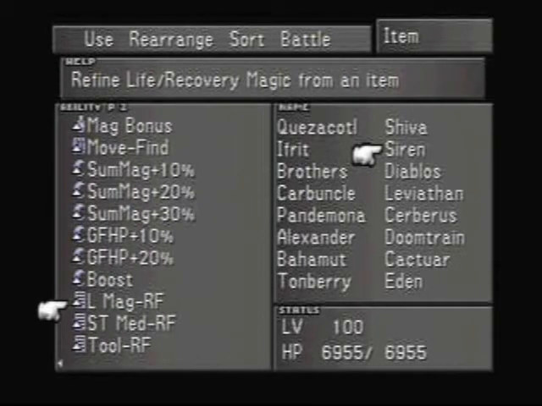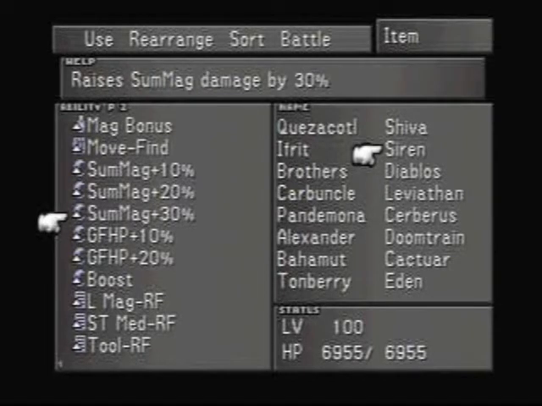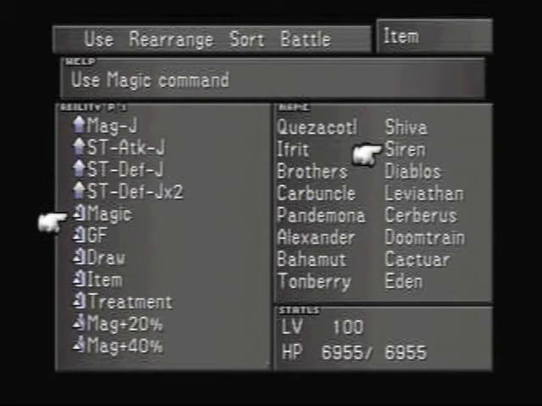I mean, we can get rid of something in here. Obviously you don't want to get rid of Life Magic Refine, or Status Medicine Refine, or Tool Refine, or anything like that. But,